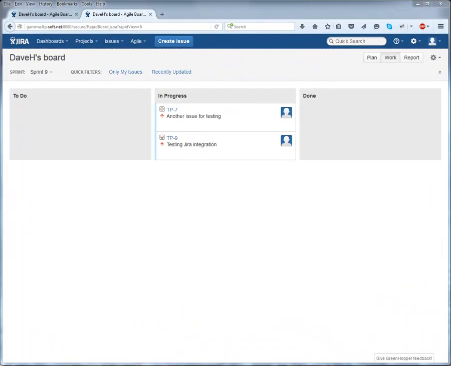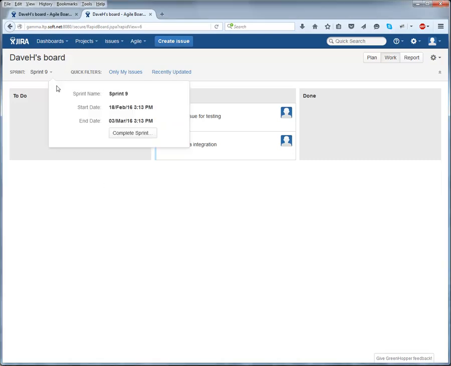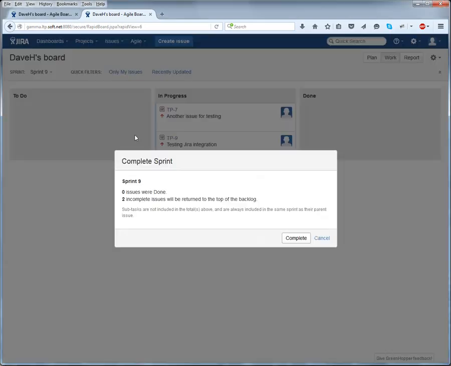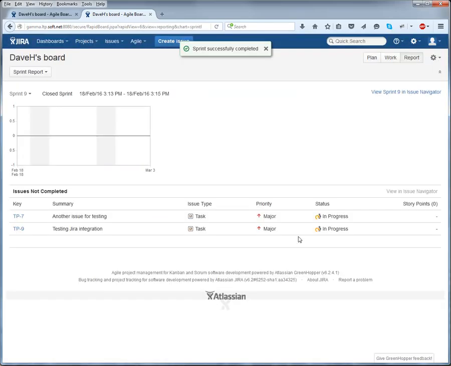Now let's briefly switch over to Jira for a moment. Here we see a board showing a sprint with some issues, and I will just complete this particular sprint. Having completed the sprint,